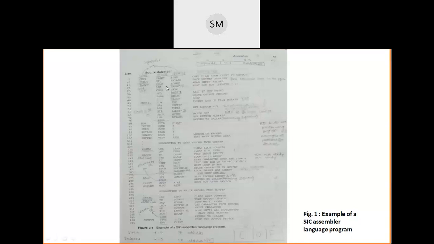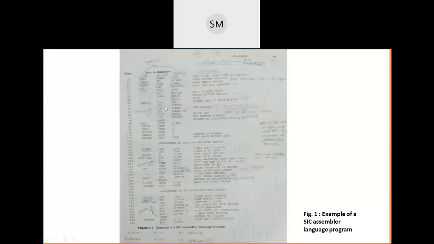OS has called this copy subroutine. Now I go back to my OS. Because of that I have written RSUB, return from subroutine. Clear? So before jumping to the OS, I store that return address in the linkage register L. It means I jumped from this statement, JSUB write record. To indicate that, I store that return address in the linkage register.